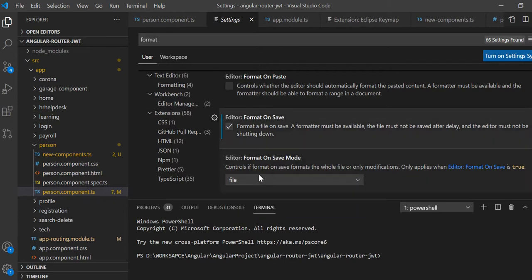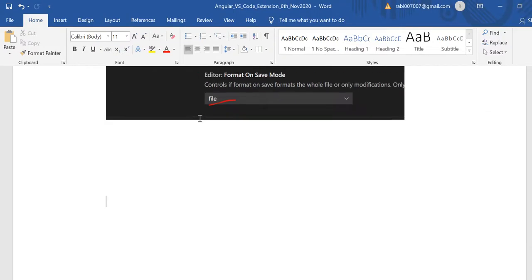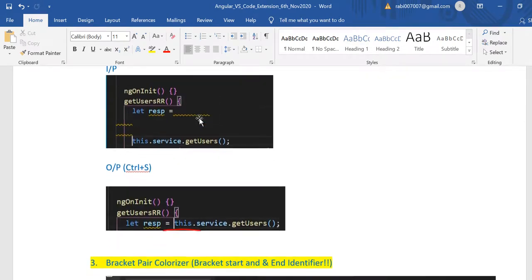Otherwise, if you choose file, it will format the entire thing. I can show it. So let me write console.log like this. Here, if I press Ctrl S, it will be auto formatted, right? It will reduce your effort. Okay.